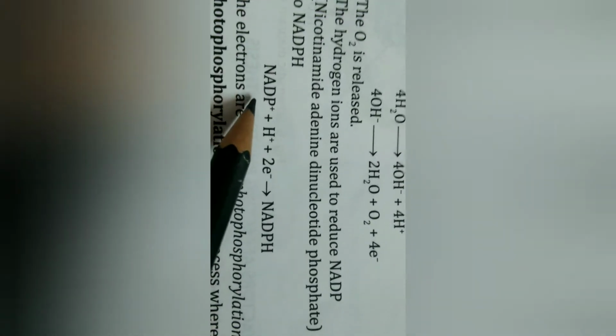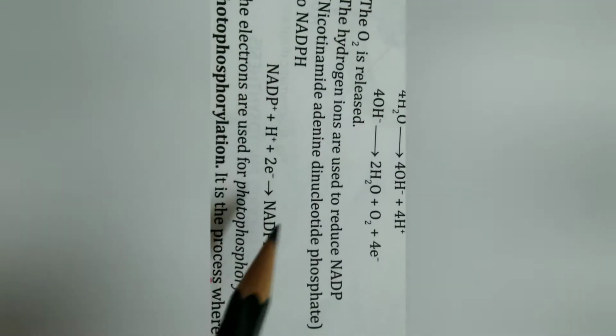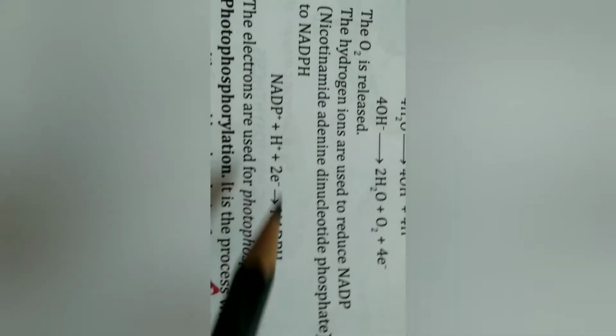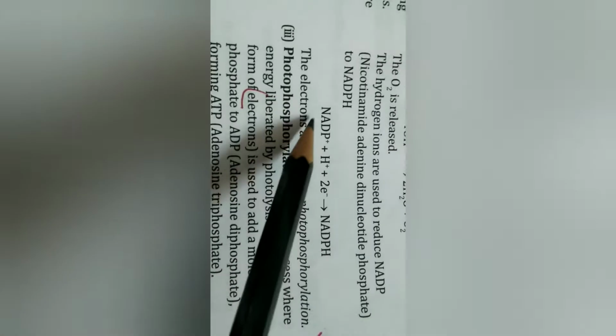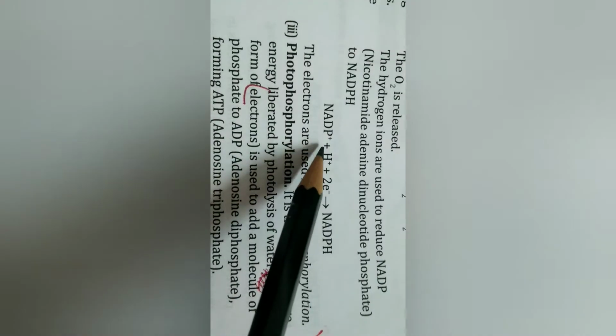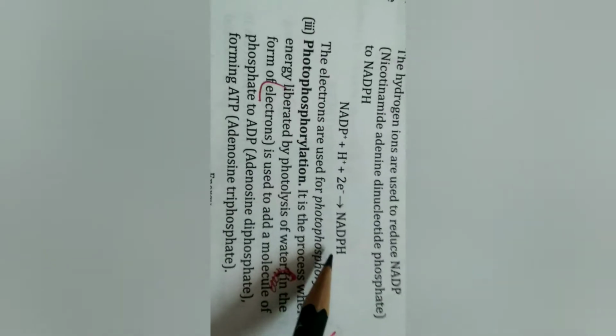So this is known as photolysis of water. Then this hydrogen ion helps to reduce NADP plus into NADPH. NADP full form is nicotinamide adenine dinucleotide phosphate, which will change into reduced